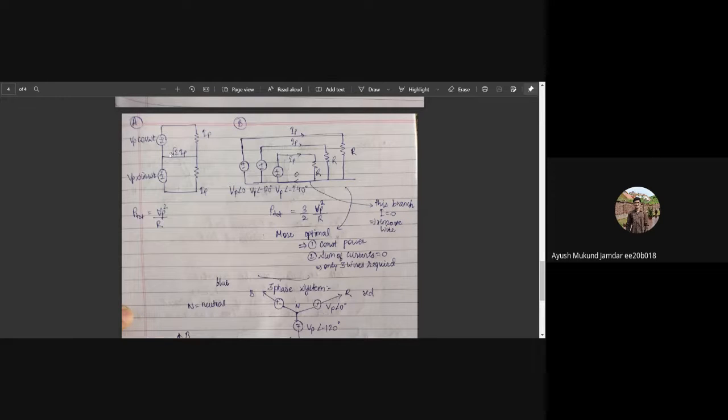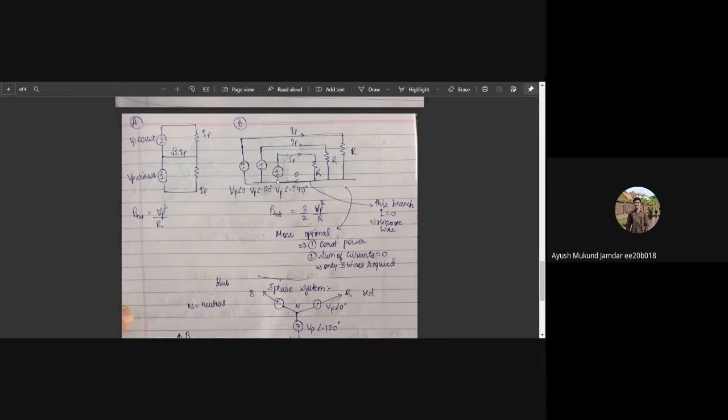So if we have VP cos omega t and VP sin omega t this way, and the two resistors being equal, R, then we'll have the total power in the resistors equal to Vp square by R. That's because the cos square and sin square terms will add up to 1, and the total power, as you can see here, is a constant, although the source is a time varying one. So the goal is to get constant power at the load, total constant power. So this was for the sources, two sources with a pi by 2 phase difference.